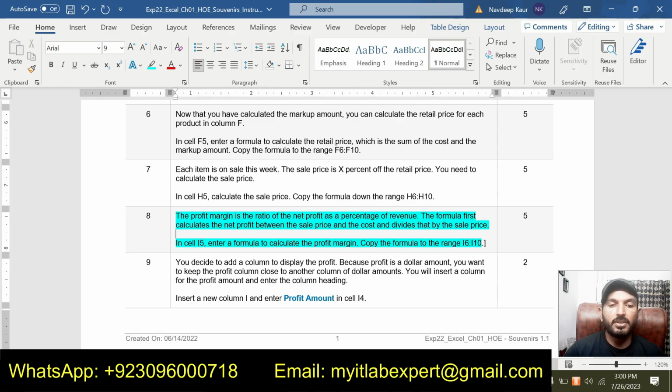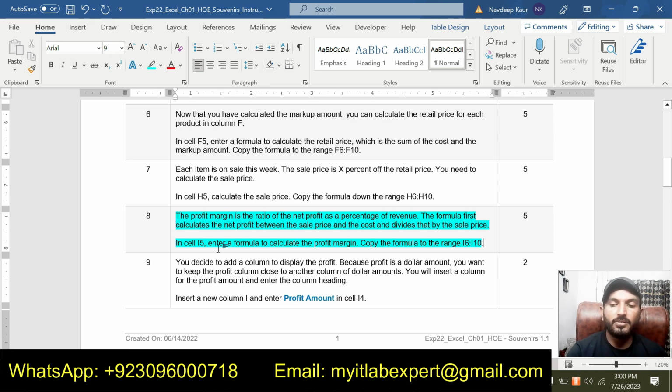In cell I5, enter a formula to calculate the profit margin. Copy the formula to the range I6 up to I10. So basically we are supposed to calculate the profit margin, by calculating the net profit first and then dividing it by the sales price.